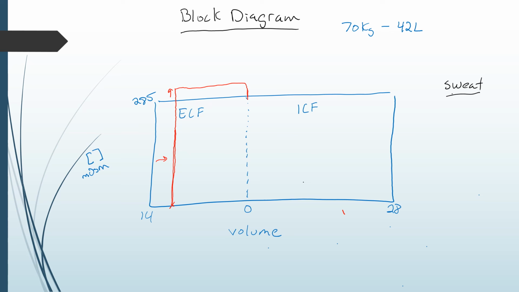Now I told you that the ICF would have to respond to what's happening to the ECF. So now the question is, what's going to happen to the intracellular fluid in response to that? Is there going to be a water shift? Let me use a different color here. Remember that right now the intracellular fluid is still 285 milliosmoles. So I'll just draw that here to remind you, still 285 milliosmoles. This out here is greater than 285 milliosmoles because it's lost water from sweat, so it has a higher concentration. So water is going to move